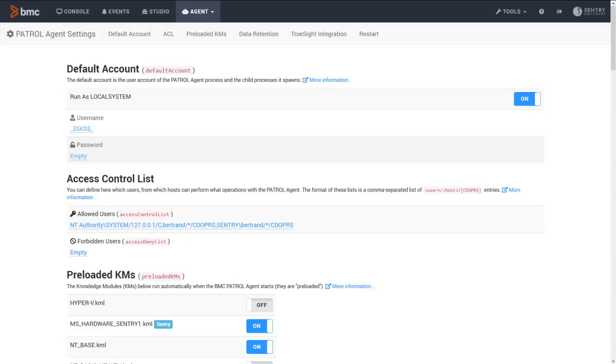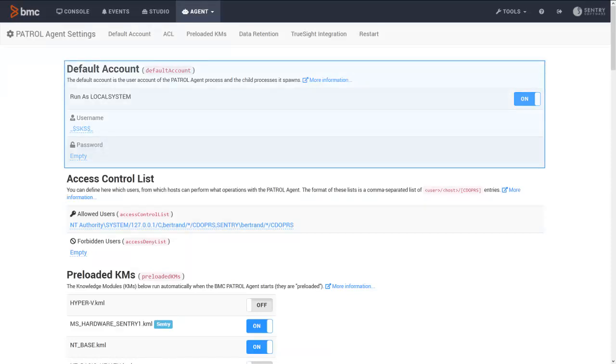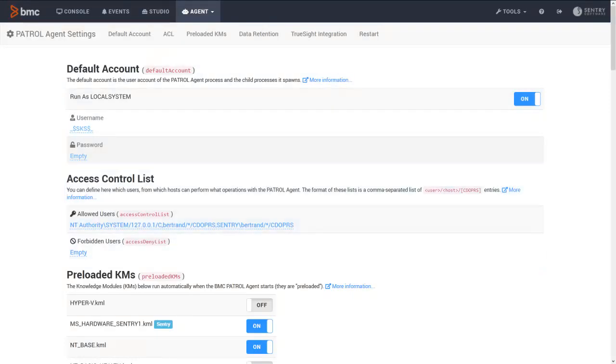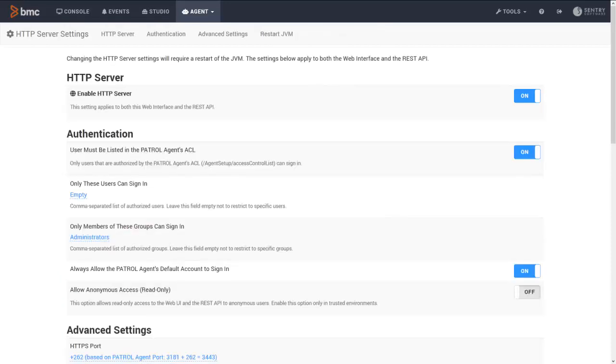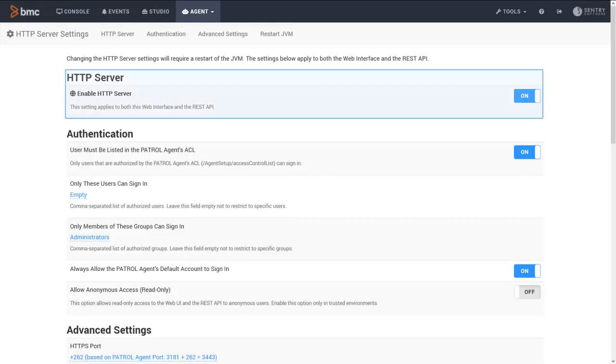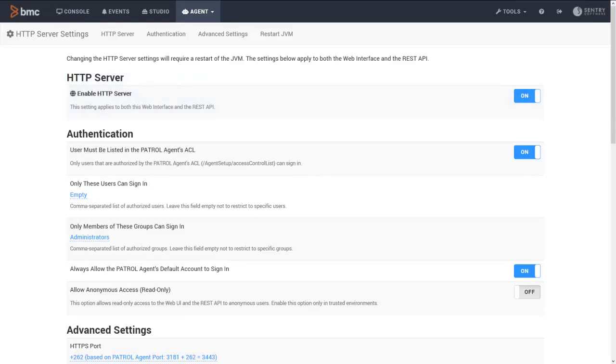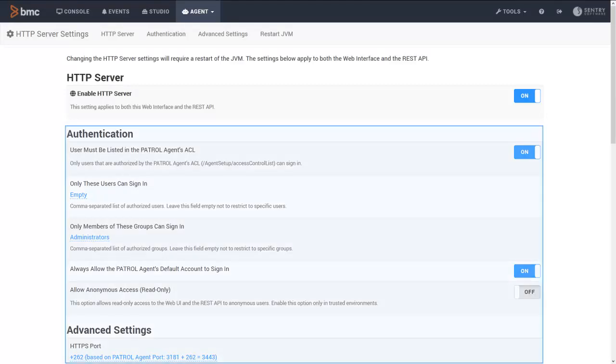From the agent menu, we can also access patrol agent settings. All basic configuration operations are available in this page. We can configure the default account, define the access control list, indicate which KMs are preloaded, configure TrueSight integration, etc. The HTTP server is not left behind and can also be configured from the agent menu. Several options are available. We can more especially enable or disable the HTTP server, configure the authentication and advanced settings,